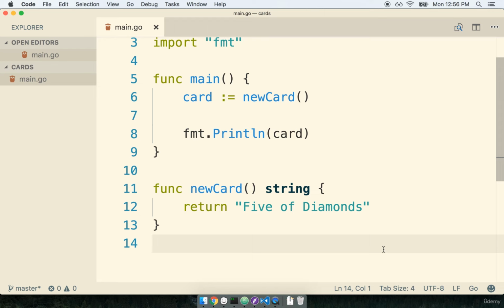In order to tell Go a little bit more about the function we just made, it requires us to always be very explicit and tell it exactly what data type we are going to return from any given function. So by closing off the parentheses right here and then writing out the word string immediately after, that tells the Go compiler that whenever new card is called, or whenever it gets invoked, it is going to return a value